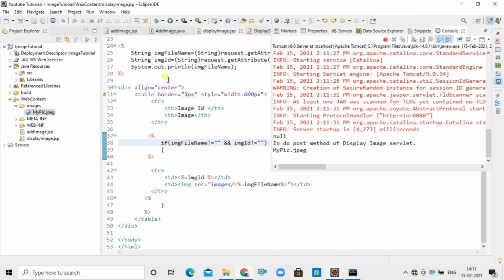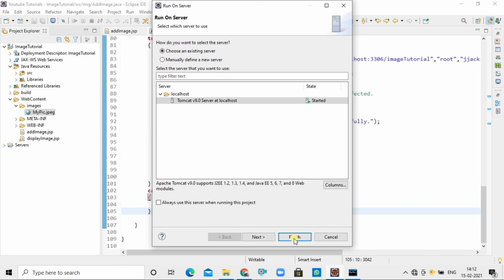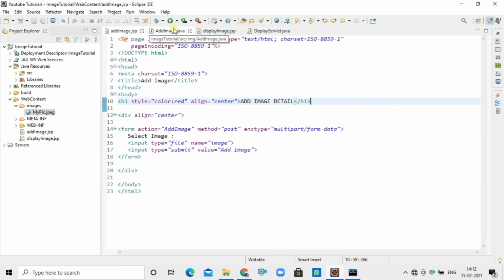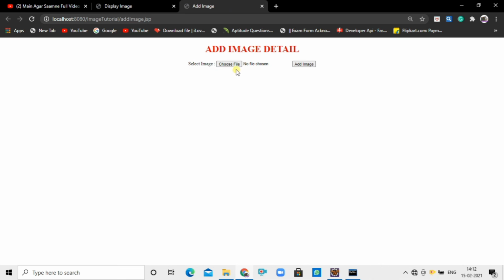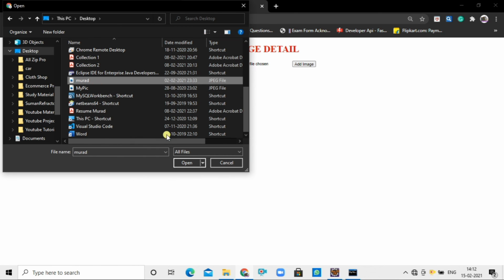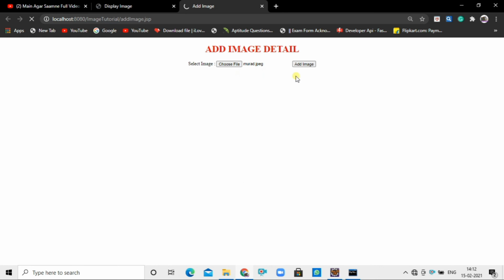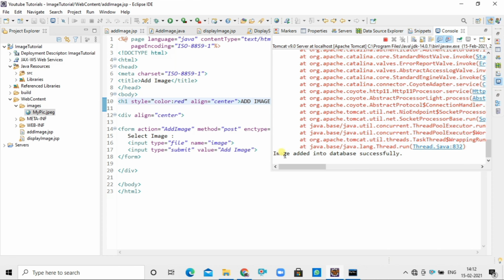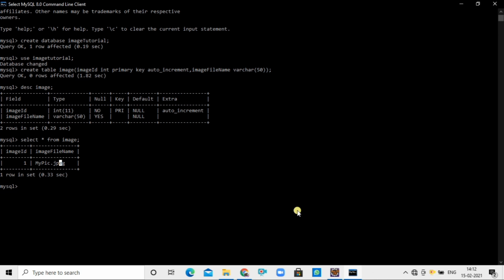Now let's add one more image. So run the add image.jsp file. Choose the murad.jpg image. Add. So the image file name got added into the database.